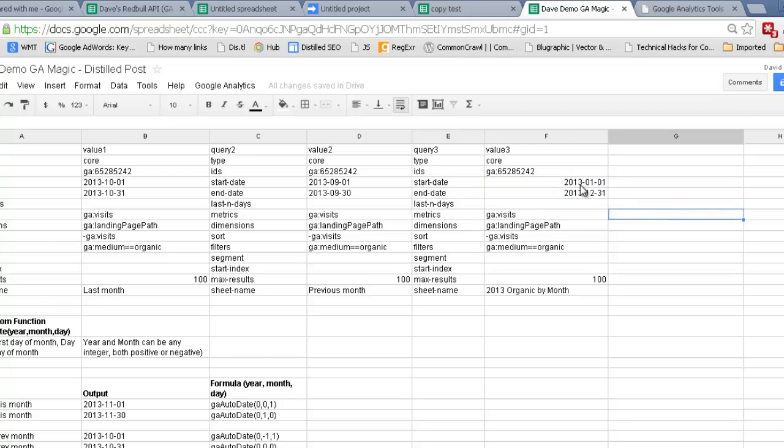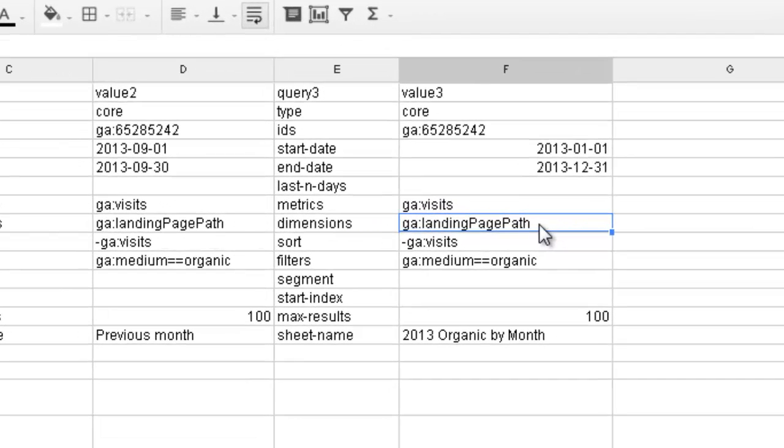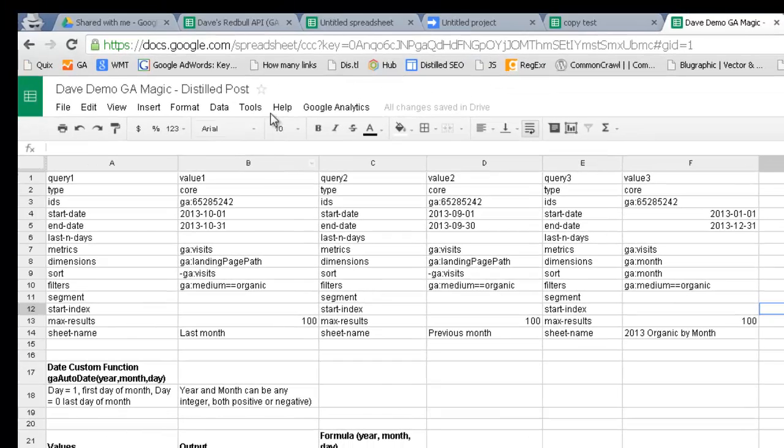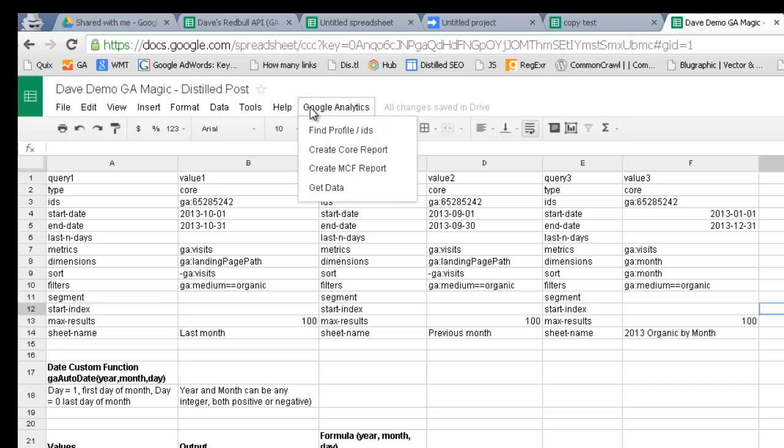Great, so that will do. The next thing we want to do is dimensions. We're going to clear a landing page path and use something called GA month. And what we're going to do is sort by GA month. And you'll see that I'm sorting by ascending order here, and you'll understand why. So we've got everything in order, great, and I'm going to click on the Google Analytics menu and click